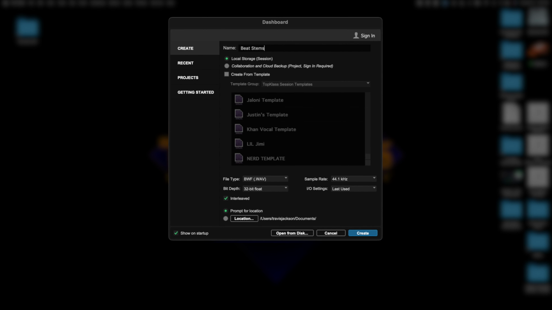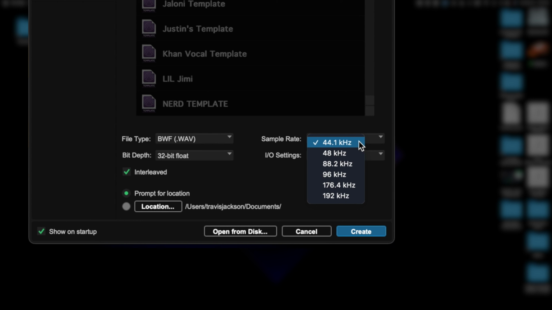So the first important setting is sample rate, which determines how many times your audio is sampled per second when recording and importing audio. So this means audio is getting sampled 44,100 times per second. The best way to understand sample rate is to think about how a camera works. Cameras work by capturing light and creating a photo. Video cameras take multiple photos per second and then when played back in order, create a video.